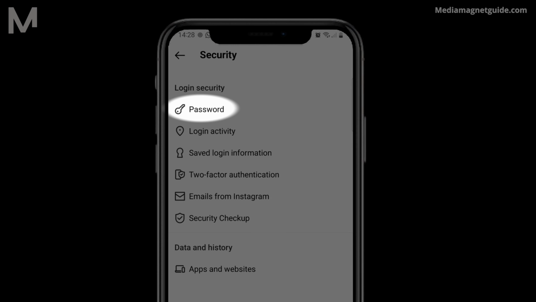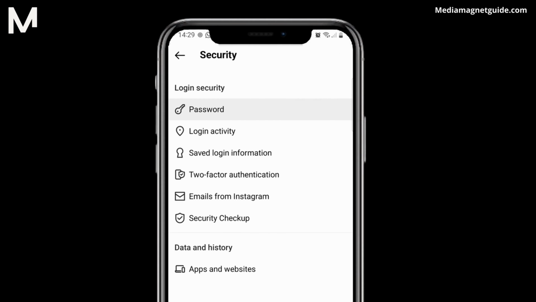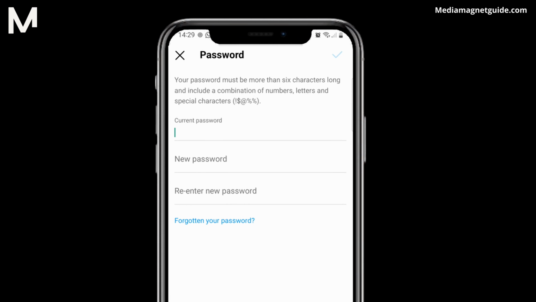You will be redirected to the Instagram application at this point. To proceed, select the Change Password option. This step logs you out of all active sessions except the one you're currently using, ensuring the security of your account in the event of unauthorized access attempts. When setting a new password, ensure it is at least 6 characters long and contains a combination of numbers, letters,